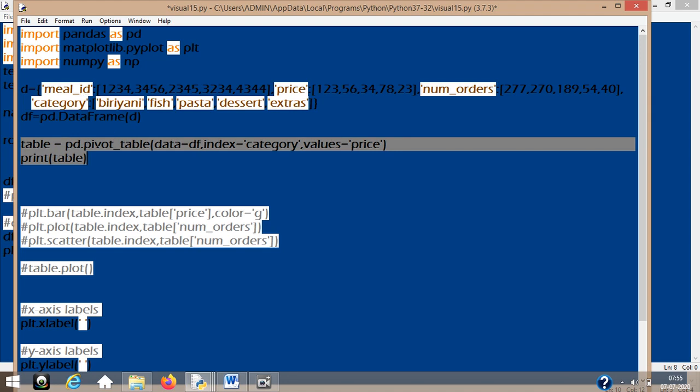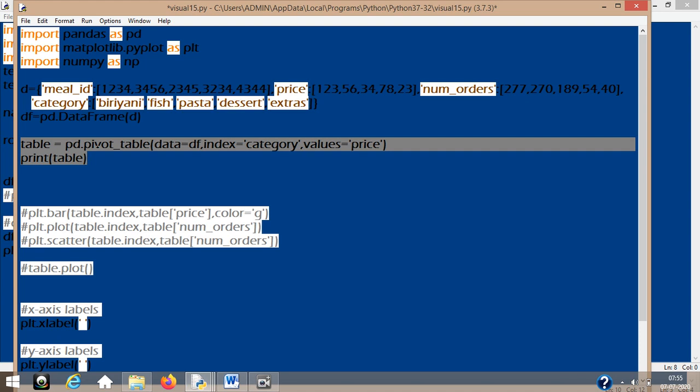Okay, and I have made a pivoting section there, or I have pivoted the table. So I want you to know that either using a data frame or using the two different options, that is group by option, or using pivot table option, you can categorize your data frame into a simple section. That means you can subcategorize your data frame.